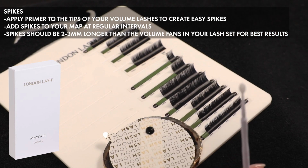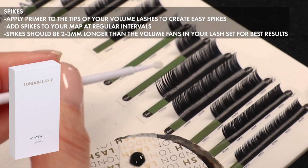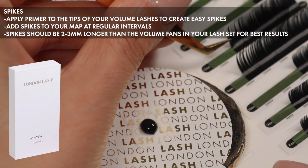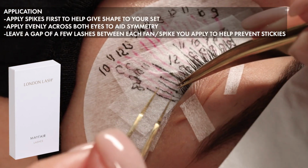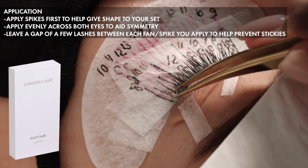One of the simplest ways to make fans is to take a little bit of primer on a micro brush and just apply it to the volume lashes themselves. This just helps them to stay closed when you pick them up. So just pick them up as you would a classic lash, dip them in the glue, ensuring that the glue doesn't come into contact with the primer, and then apply them in regular intervals throughout the eye according to your